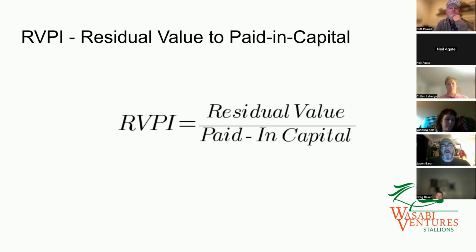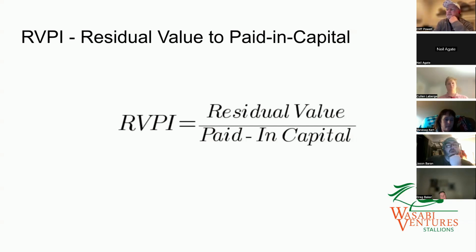So the way to think of that, staying with our $100 example, if we got 100 investors, we've got $100 in, and the assets that are still in the fund that still exist, because once again, it's a living, breathing fund. If the assets are worth $120 at that point, the RVPI would be 1.20 or 120%, because it's worth more than what we put in.